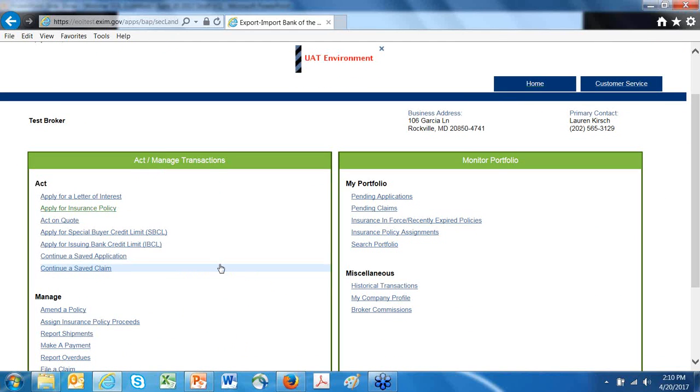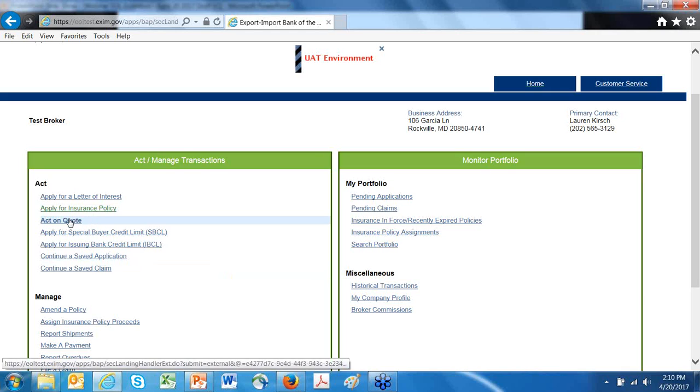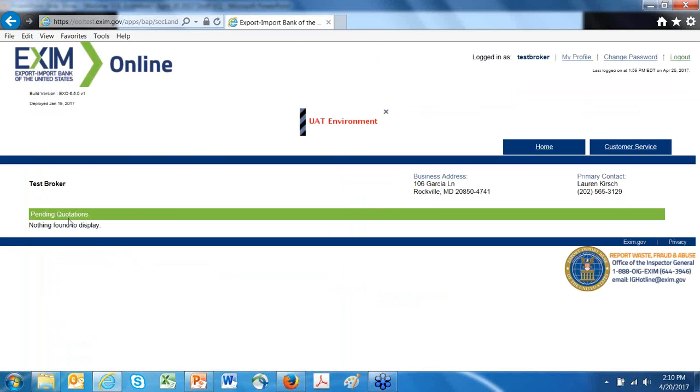And so we have filed our application, and it's been approved. And we want to act on our quote. In this case, the test environment has been set up, so I don't have anything to show you, but it will present a screen that will enable you to review and choose to accept or decline the quote.